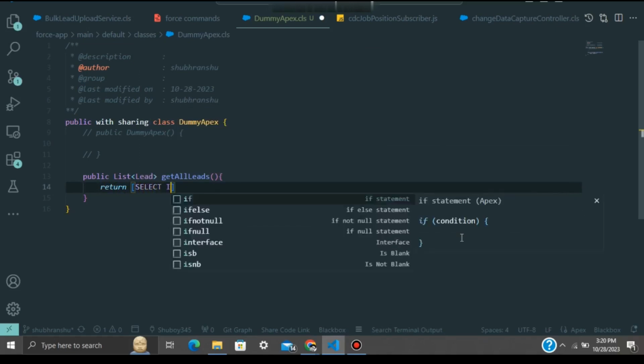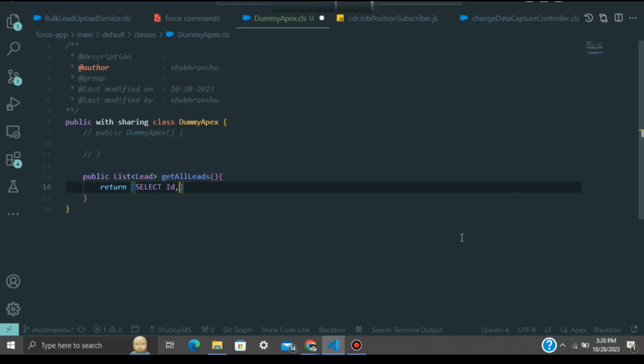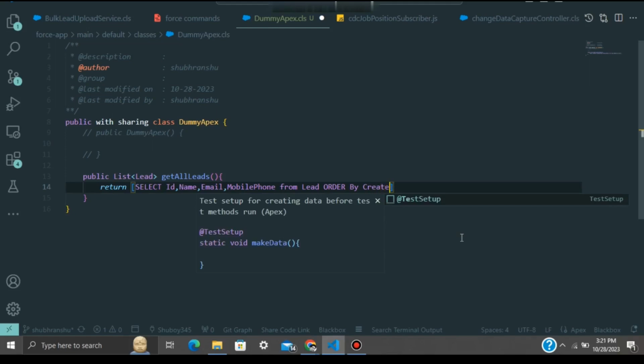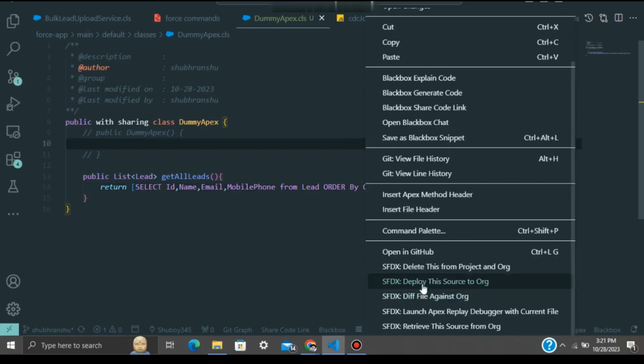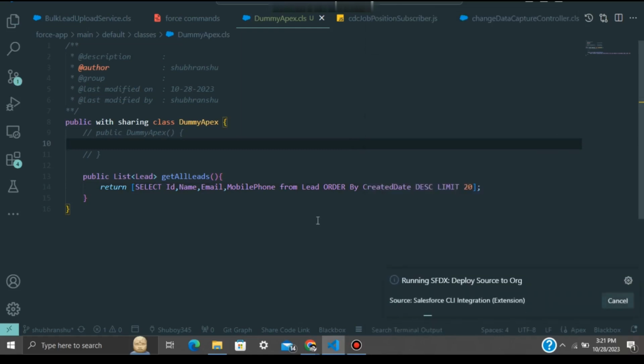Let's say select Id, Name, Email, Phone, from Lead, ordered by CreatedDate descending, and we'll set the limit 20, because that is the best practice. Let's deploy this. I'm not doing anything special, just for a purpose I am creating one class, and we'll see